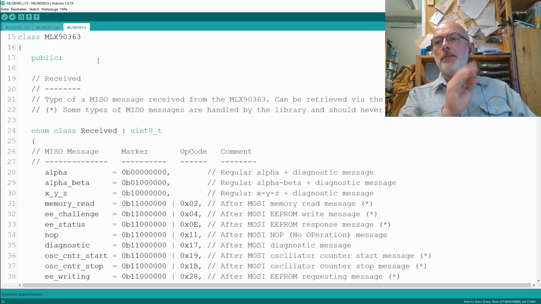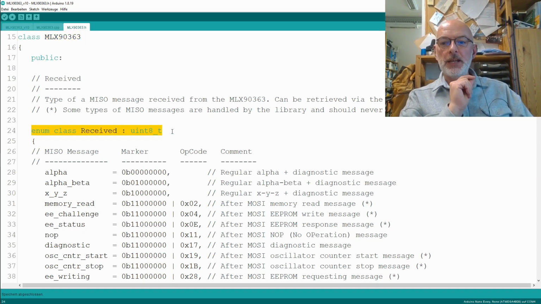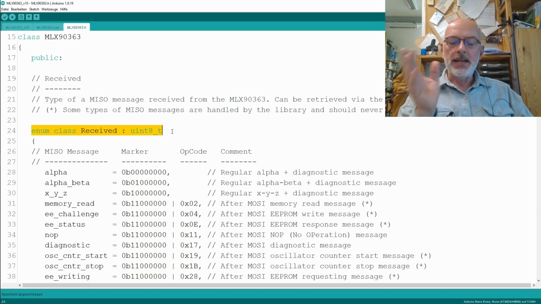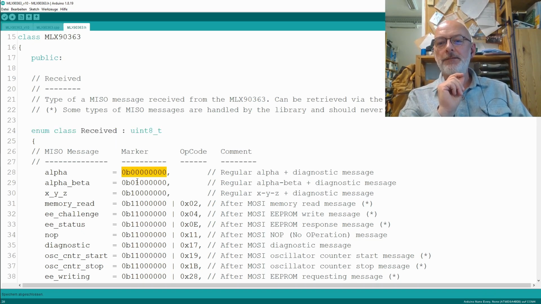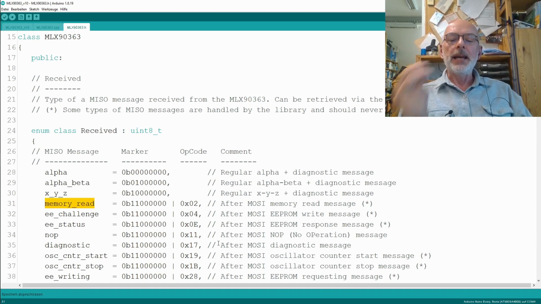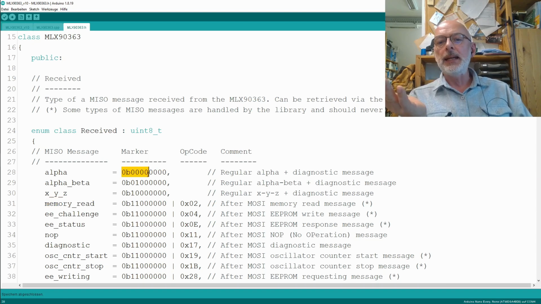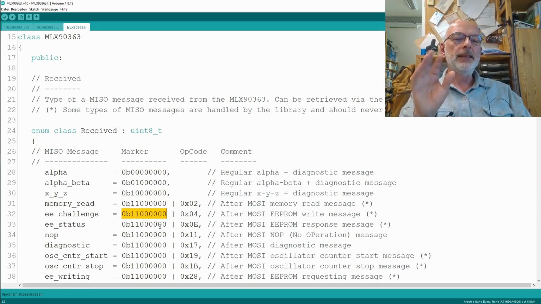In the new version of my code, my class starts right away with the public part and the enum class received. The drawback here is that I don't have a constant for the markers. I have to use the numeric value, or define the numeric value for the opcode of the other messages somewhere, so I can do it here as well. But I have to admit, having to use the marker repeatedly without a constant or an enum for it is a little bit